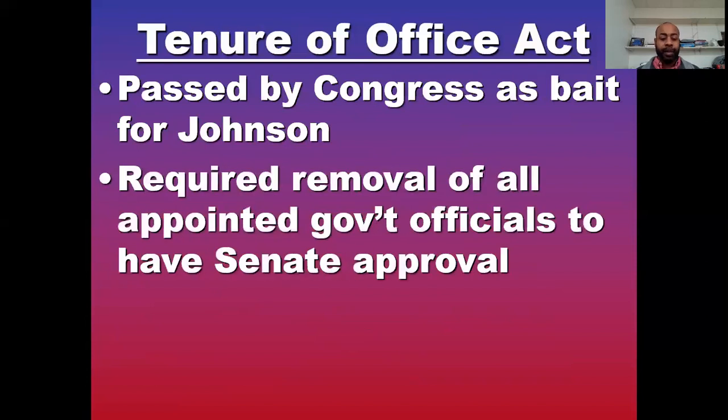So to block him, and this is why Senate guys have to get confirmation. So just like what Mr. Biden has had to do, if you listen to any part of how he created his administration, the Congress actually passed in 1866 what is called the Tenure in Office Act, which means that any president that needs his cabinet has to get it approved by the Congress. They have to be appointed. He just can't put anybody in there. That was to stop Andrew Johnson from bringing a bunch of crony Democrats to help him redo his administration.